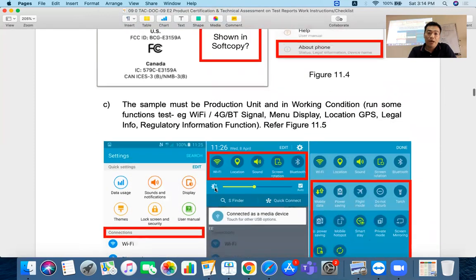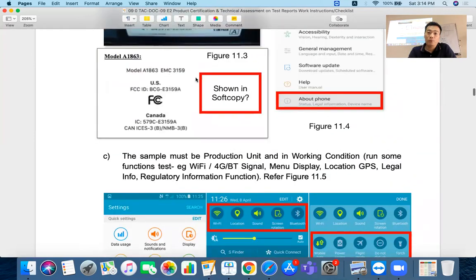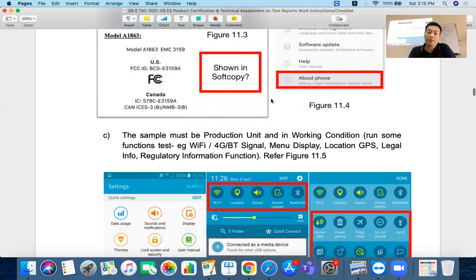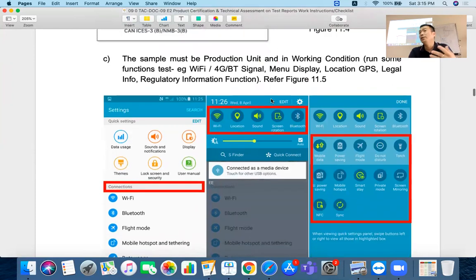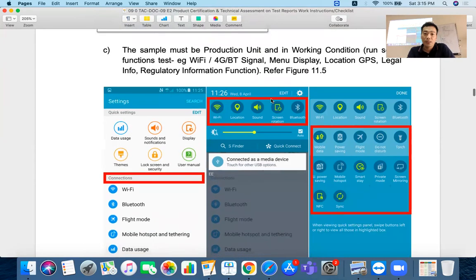So this is the Apple one. 11.3 is the Apple one. Then it's basically all together. Under Android, the Samsung one is basically the regulatory there. Okay, they have a place for you to see the regulatory. Of course, you won't see the NCMC there lah, because we don't give them lah. For new products, you actually see regulatory, click in and what is it? They'll have a demo there or empty, but at least the function works. Okay. Then